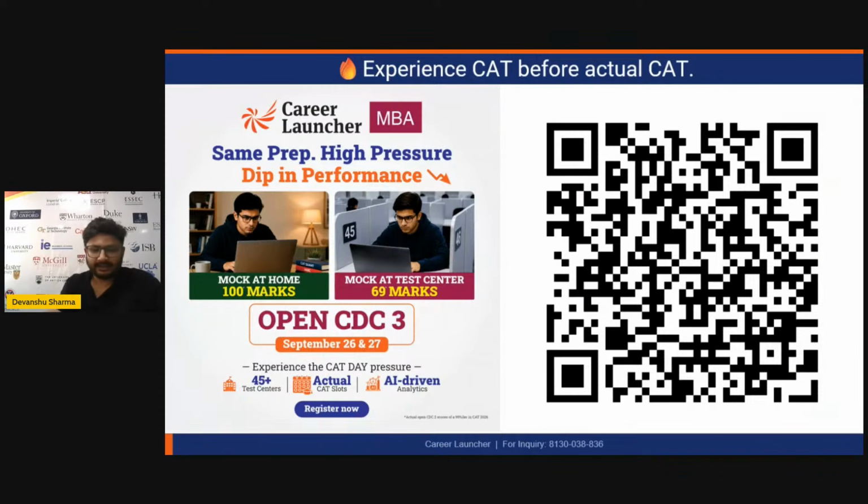So I think this is something about the entire SNAP form filling process. There's nothing very difficult in the entire process. बहुत simple सी चीजें, the personal details, वही सब चीजें उन्होंने पूछी है. कुछ भी ऐसा rocket science नहीं है. You'll be able to fill out the form without any issue. And make sure